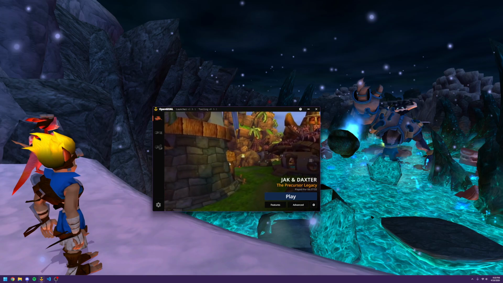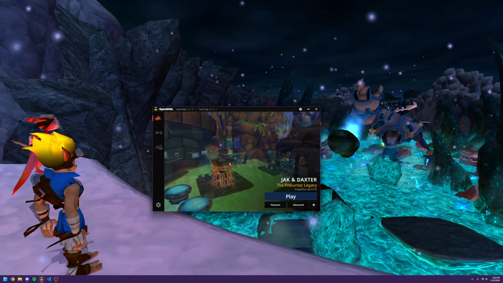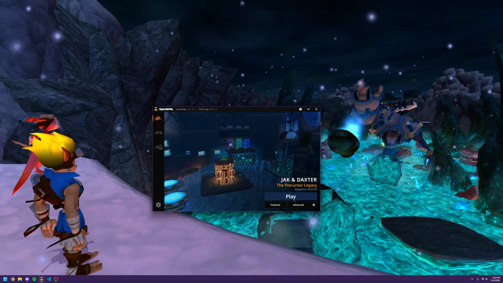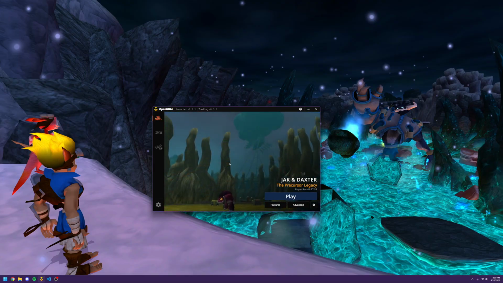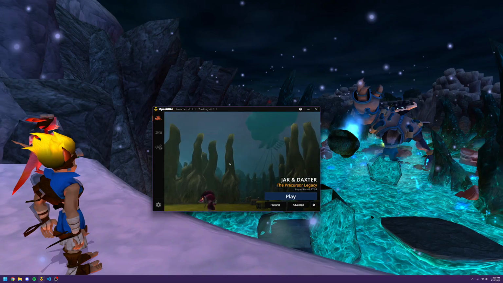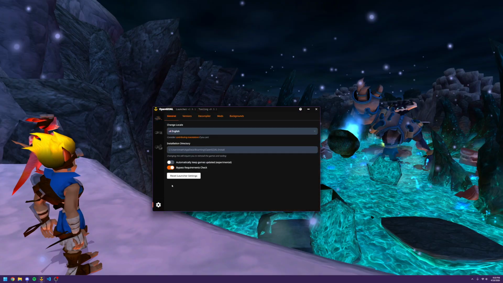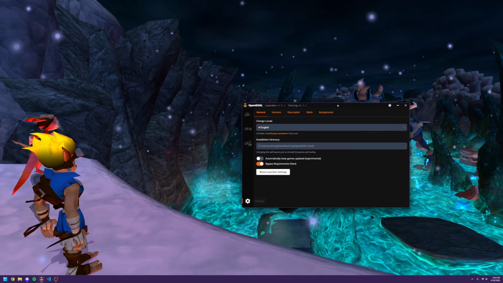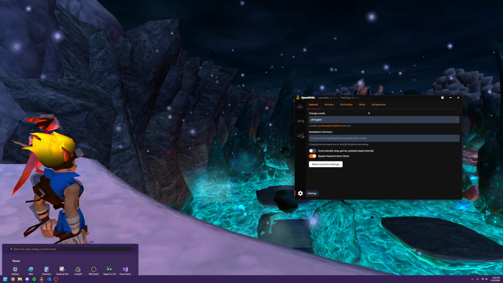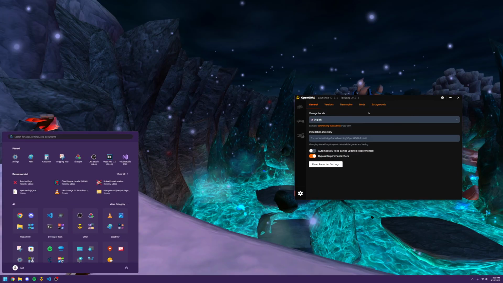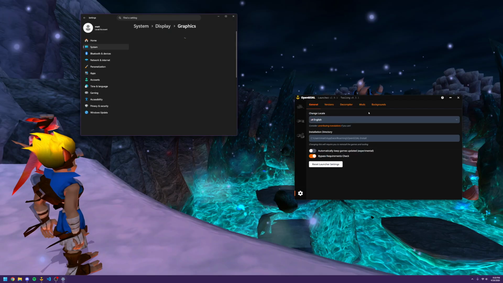So there's a couple things we can do before launching the game to try to ensure that it's going to run smoothly. The first one is we can make sure that it's set to use our GPU on performance mode rather than like power saving mode. So if you go to settings here and just make note of your installation directory, and then in the start menu you can type graphics and open up the graphics settings,